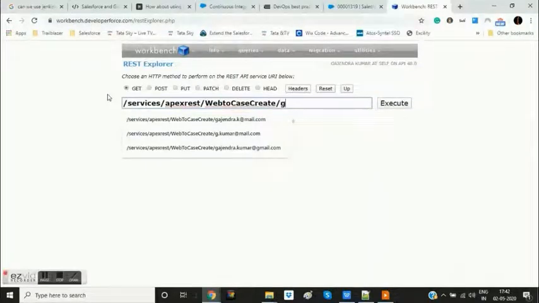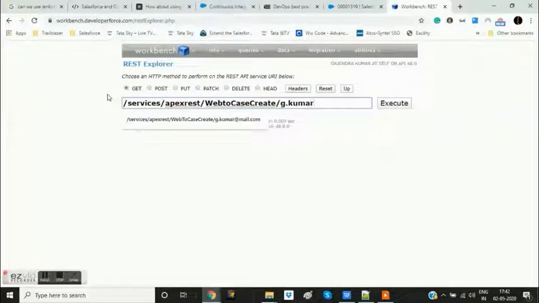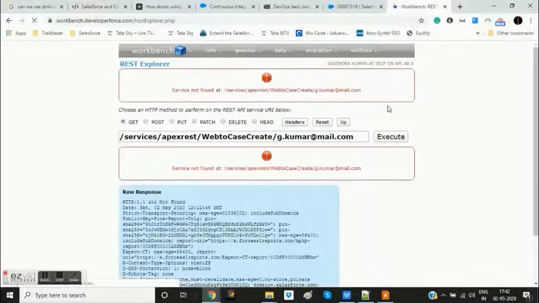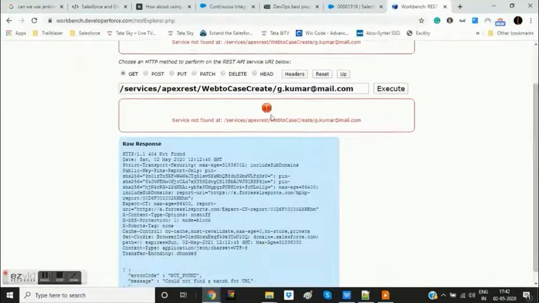Now after the slash we have to pass our query parameter because we are invoking the GET method. If we are aware of any record, in my case I know there is a record with this address, so I will just write it out and click on the execute button.